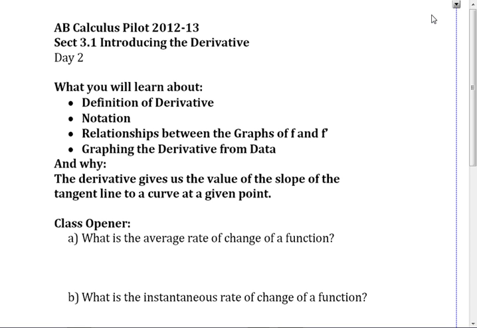Day 2, we're going to do the definition of the derivative and do notation. These are for another day. Okay, the derivative gives us the value of the slope of the tangent line to a curve at any given point. So if I have a curve,